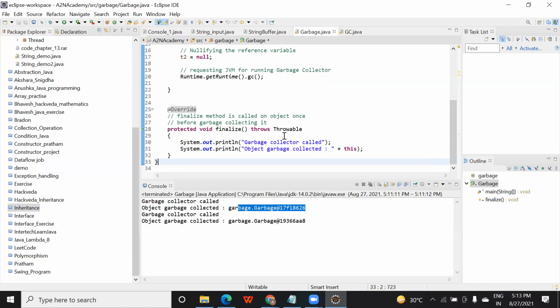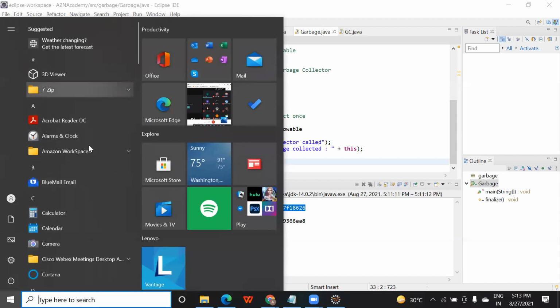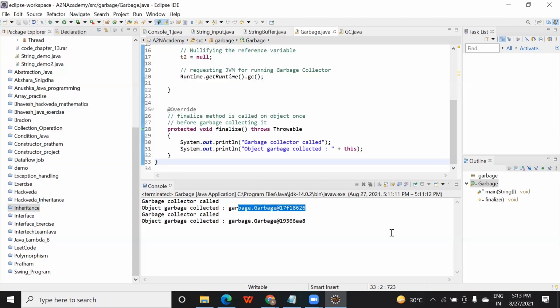For example, Window 8 also has all the features that you see in Window 10, except the tiles kind of feature. So there we need to use this keyword to represent the variables which are common in both Window 8 and Window 10. If you use this keyword, it means that you are talking about the current class, either it is Window 8 or Window 10. Now is it clear to you?